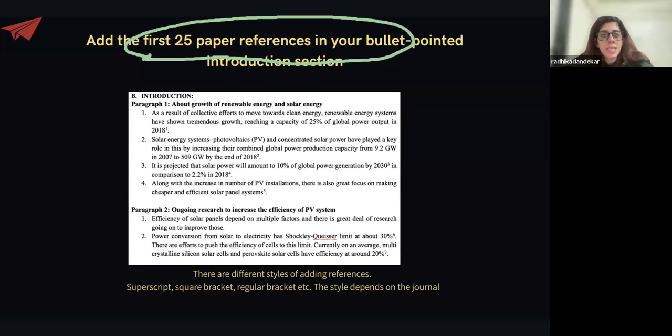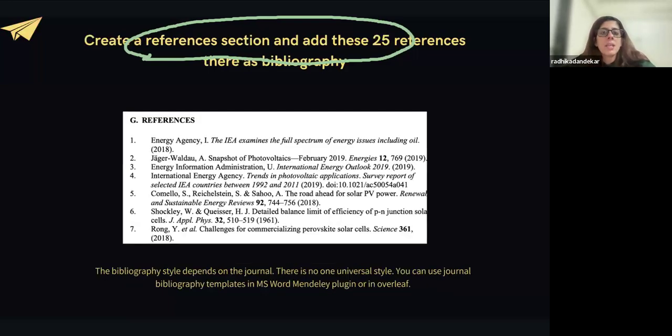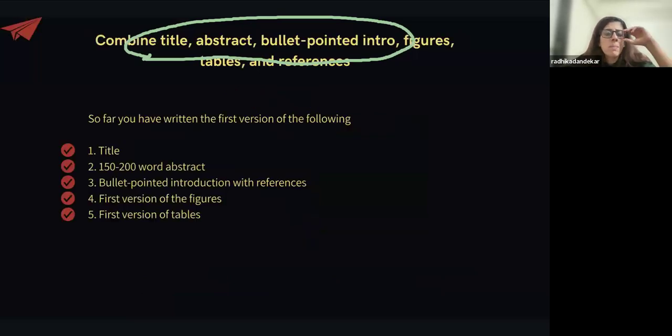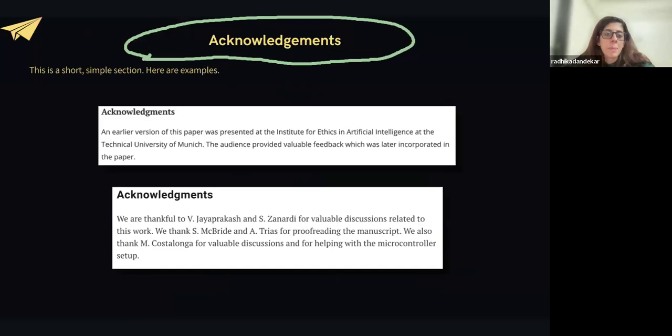There is a section in the introduction that talks about what people have done to solve those problems. That is what you have learned in your literature study, and those are the references that you need to talk about. You need to do that when you're writing your introduction section, so that you will have a separate references section to write upon. Like I said, the paper outline consists of 5 parts, and I've told you about these 5 parts.